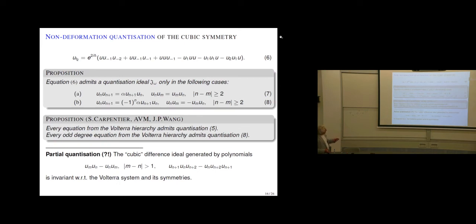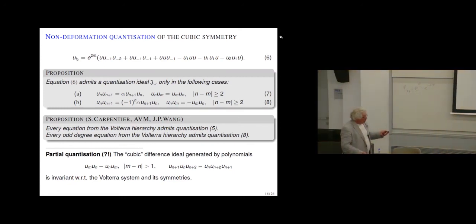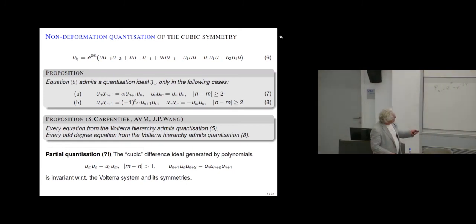Now, we also prove it for all the hierarchy, for all even hierarchy. It's not just one, all even hierarchy has its proof. So all even hierarchy has its second quantization. Here I give some example of the ideal which is not satisfying the condition that we can swap any 2 elements. But this ideal is invariant with respect to Volterra. And quotient of the algebra, so the equation will be well defined on this algebra.